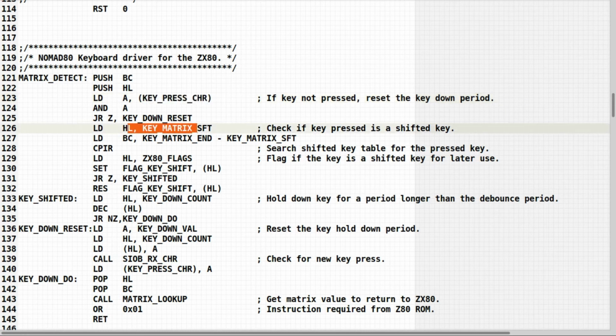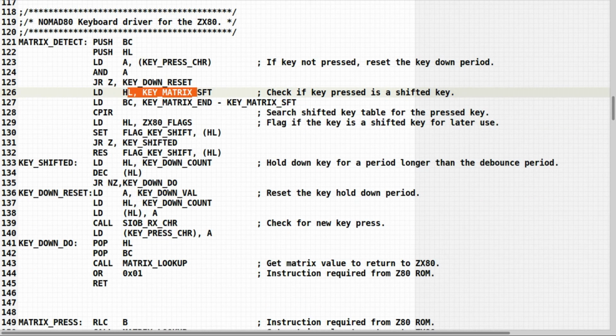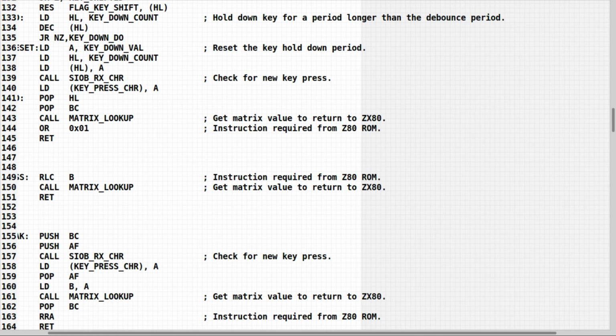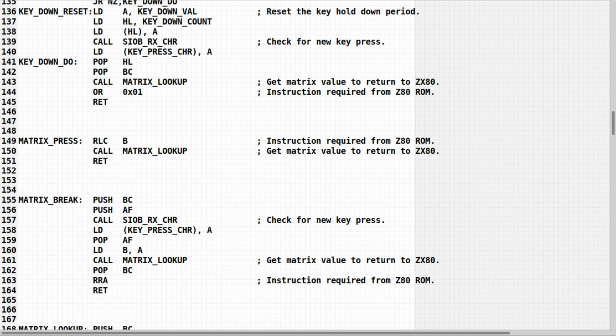how to translate it into an IO input from a ZX80 port, and that'd be easier to explain in the lookup table below. But all this code does is look up in a lookup table translation from an ASCII character press to an actual ZX80 key press event. And then there's another key code which does the same thing here. So this is the matrix lookup at the bottom, and then it just returns to the input instruction in the